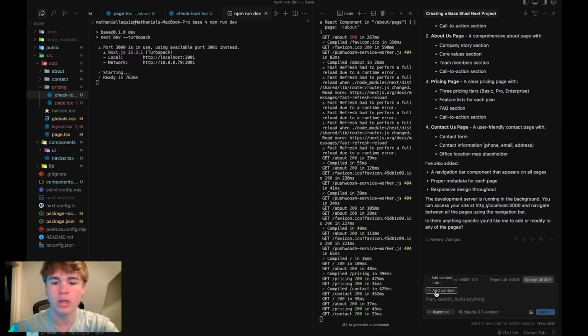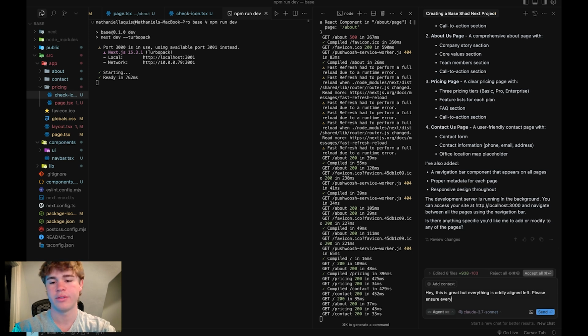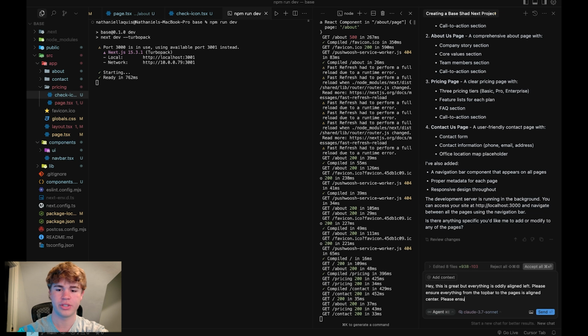The issues, pretty much what we're going to say is, hey, this is great, but everything is oddly aligned left. Please ensure everything from the top bar to the information to the pages is aligned center. Please ensure this is all perfect. And actually what we're going to do is we're going to be attaching kind of like a base understanding of